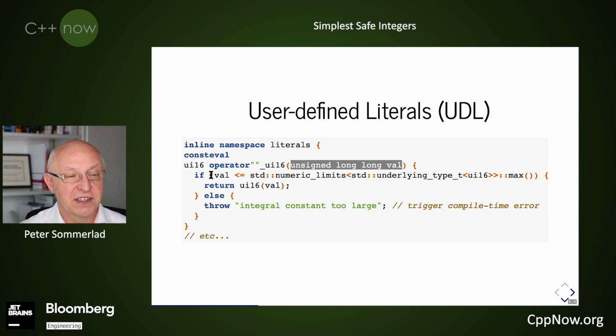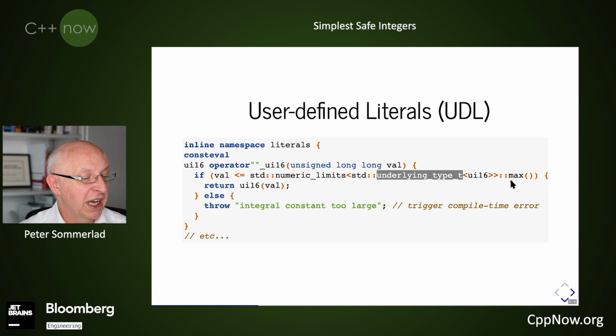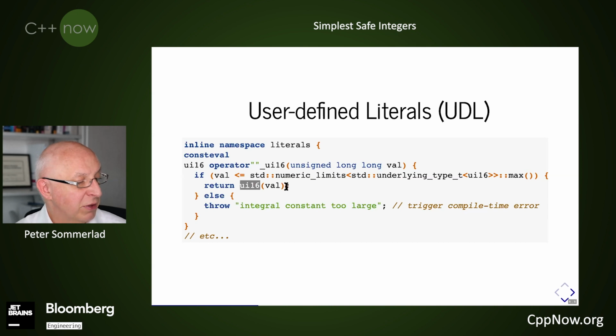And to make sure that it's actually a valid value, we compare with the numeric limits of the underlying type and see if that matches the maximum. And so it's a valid value, and we return the corresponding cast value. So we use a cast expression here. We cannot use curly braces here because we have a narrowing conversion from unsigned long long to whatever we get here. So it's uint16_t wrapped in an enum class type, and we want to make sure that this cast happens. And because we have the check in front, it's safe because we know the value will always fit that type.